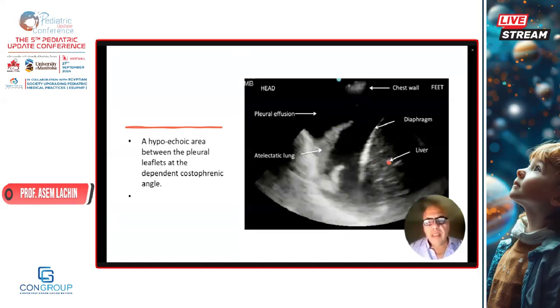But in this summarized module of the lung ultrasounds, we can find it by the longitudinal sweeps, as we mentioned, especially on the lateral sweeps on the right and the left side, from up to down, and you can find it down in the costophrenic angle.